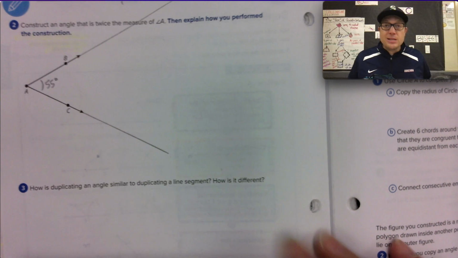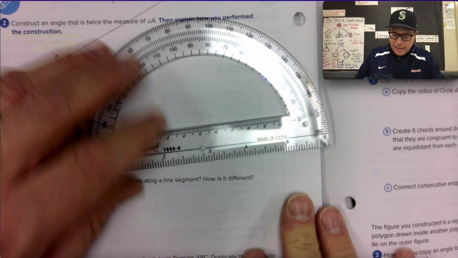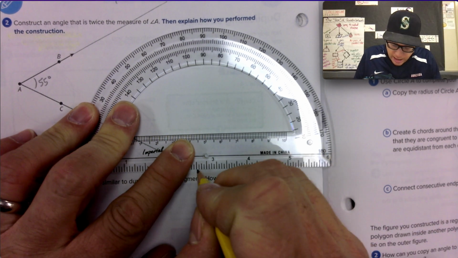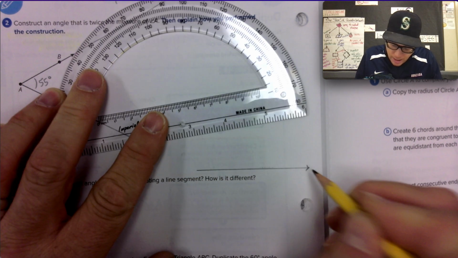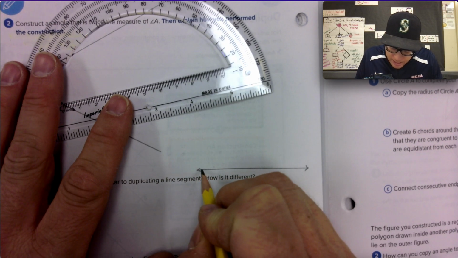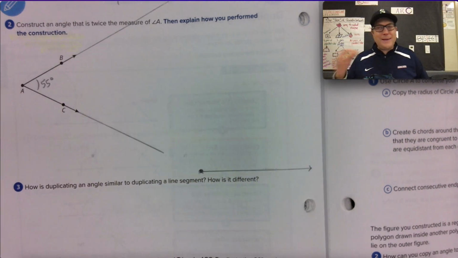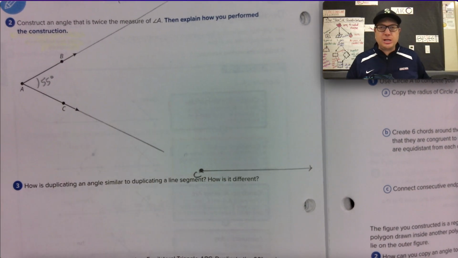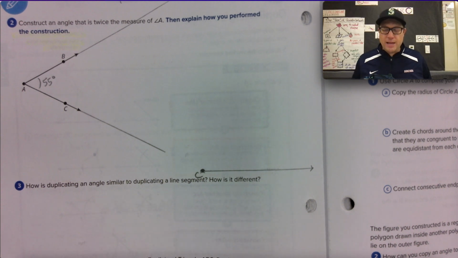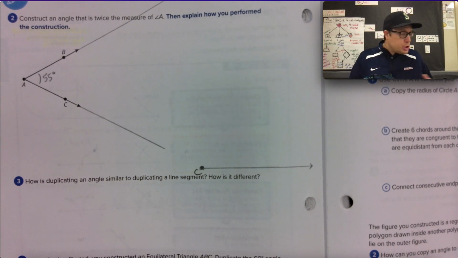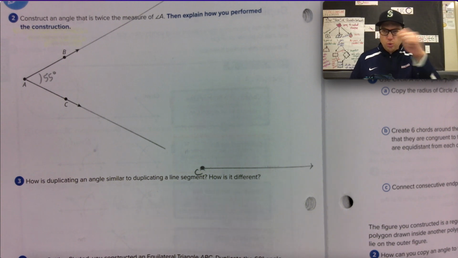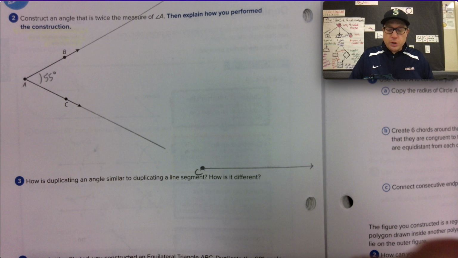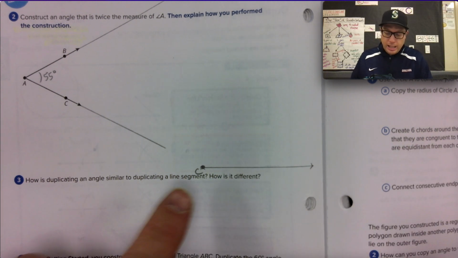Okay. Step 1, draw a starter line. So I'm going to draw that starter line down here. I'm going to put my point. In fact, I'm going to make it be a ray. I just automatically know I'm making an angle. This is going to be my C, center of vertex of that angle. Now, in order to duplicate the angle, I'm going to do this twice, and then I'm going to erase the line in the middle. So for the first one, after I draw the starter line and I label the vertex,